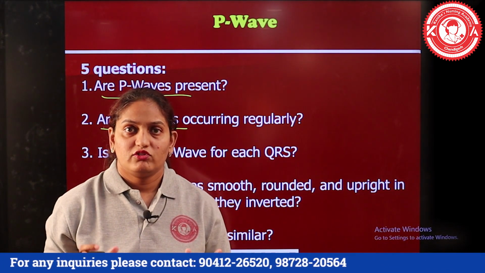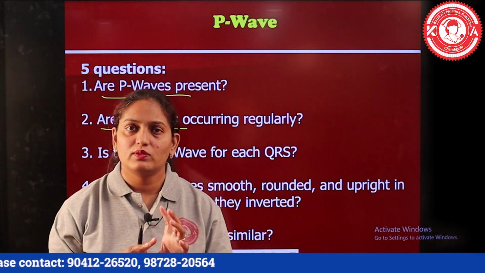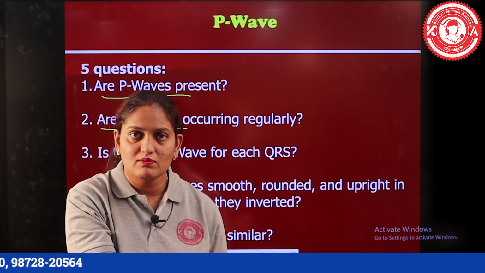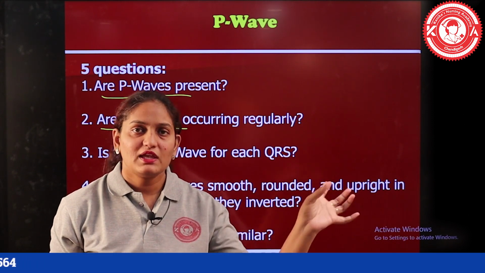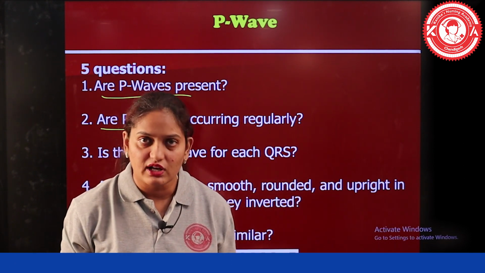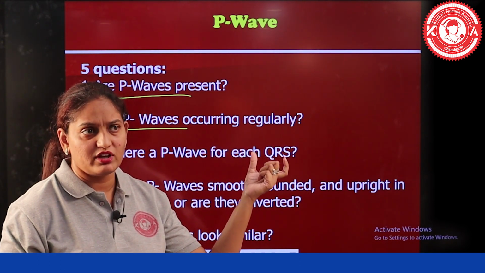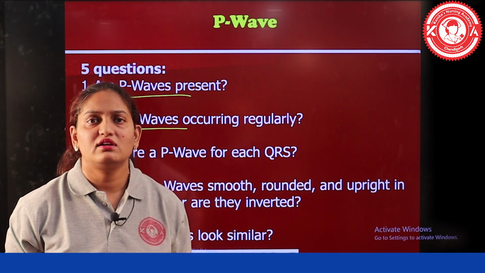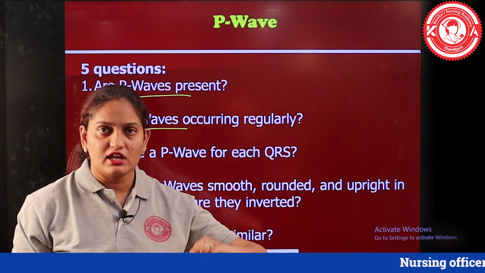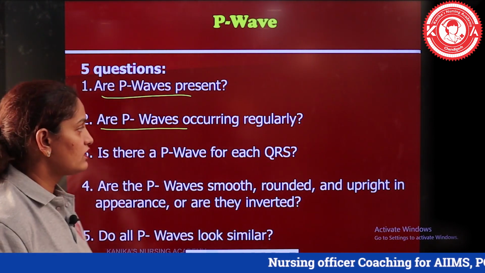If we have to say that this is an ECG of a normal individual, there has to be normalization in all the points which we previously discussed in the cardiac conduction system and the cardiac cycle, where we said that the P wave should be present because it shows that atrial contraction is taking place. If there is an irregularity in the formation of the P wave, the patient might have sick sinus syndrome, triple S, which means there may be variations, irregularity or slowness of the impulses being transmitted from the sinoatrial node.